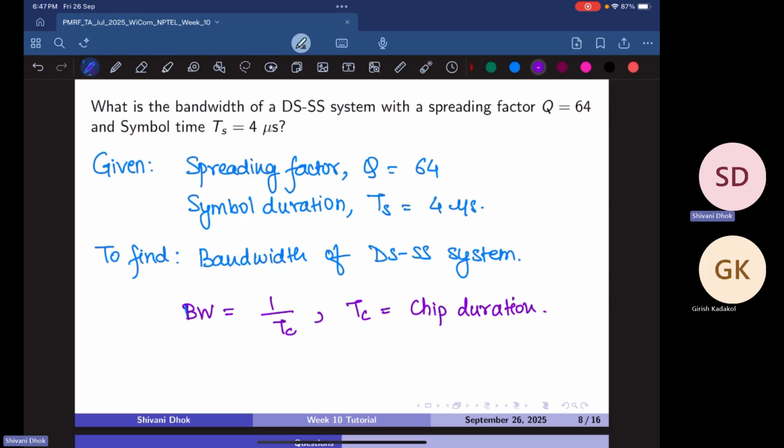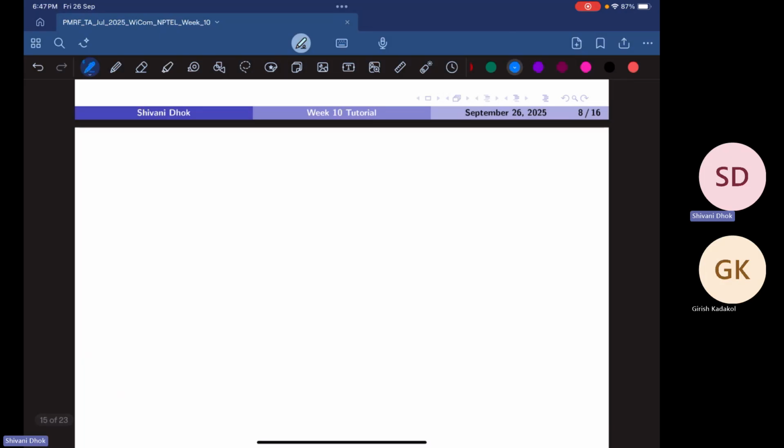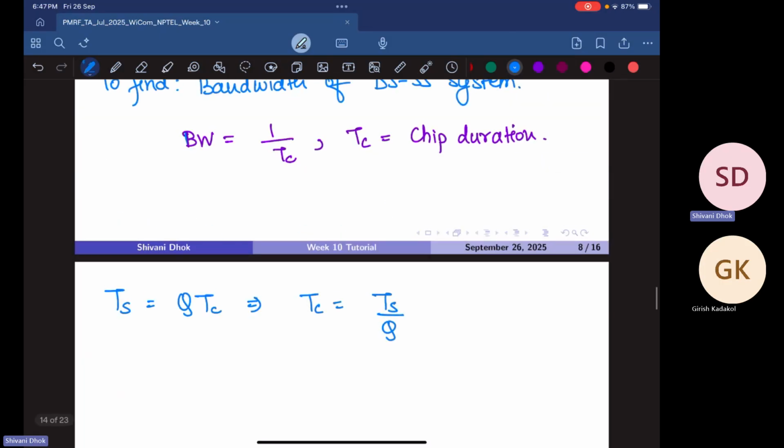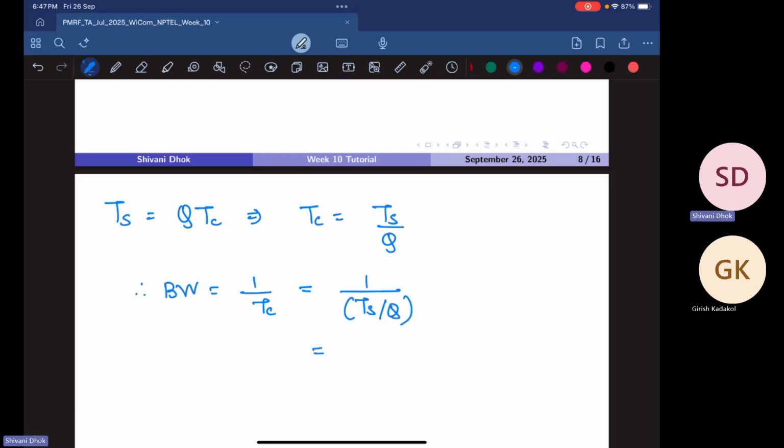First we need to figure out Tc in terms of Ts and Q. We know that the symbol duration Ts is nothing but Q times Tc, which means Tc is equal to Ts by Q. Now if I substitute this in the bandwidth expression, bandwidth is 1 by Tc, which is equal to 1 by Ts by Q,